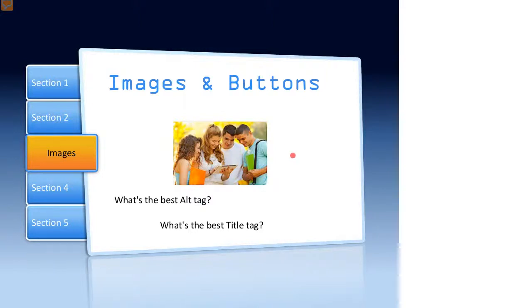Now, by that I mean, on the next slide, you'll see a picture of some students. Can you guys please type in what you think that alt tag should be? And Gareth's just telling us in LibreOffice, the export PDF option says you can create a tagged PDF, which says it's accessible as well. Thanks for that.